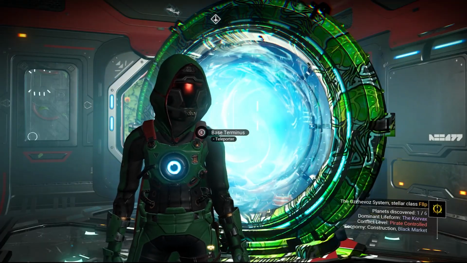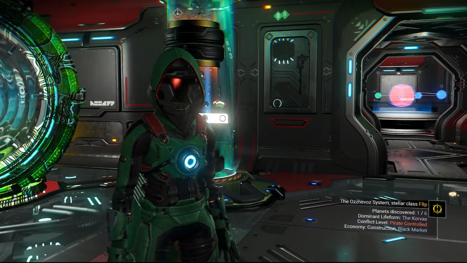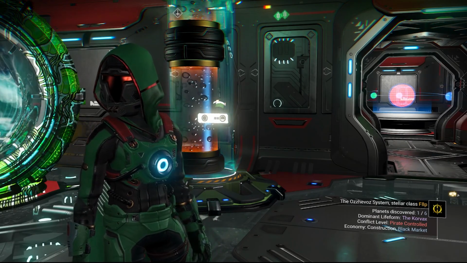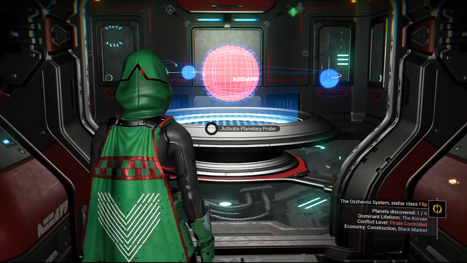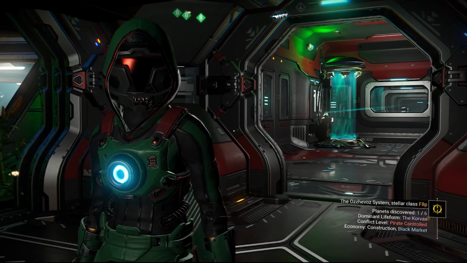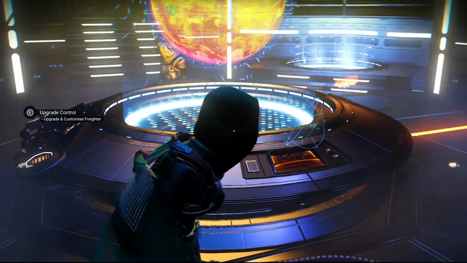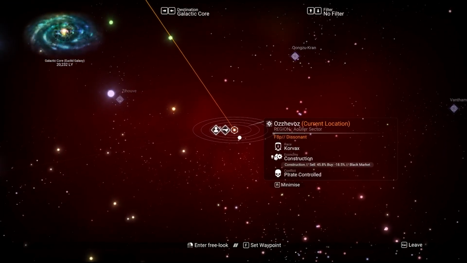Okay, so here we are up in my freighter, and this is the way I suggest you hunt. Now, depending where you are in the game, this might not be the most efficient. You're going to want to have this scanner installed here, the planetary probe. That's very useful, but you don't need much else. So using your freighter is preferred, because with the freighter, what we can do, you can see we're in a